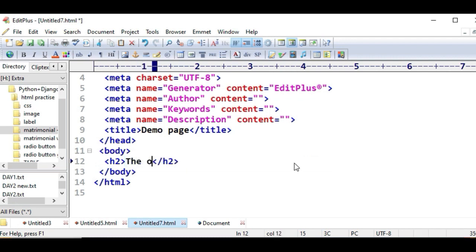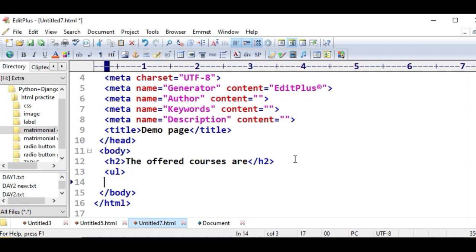The offered courses are, okay. Then you can write ul, the list, where 1, 2, 3 are written here, and end with ul also. Here you have to write the list items, and similarly you have to end them also.